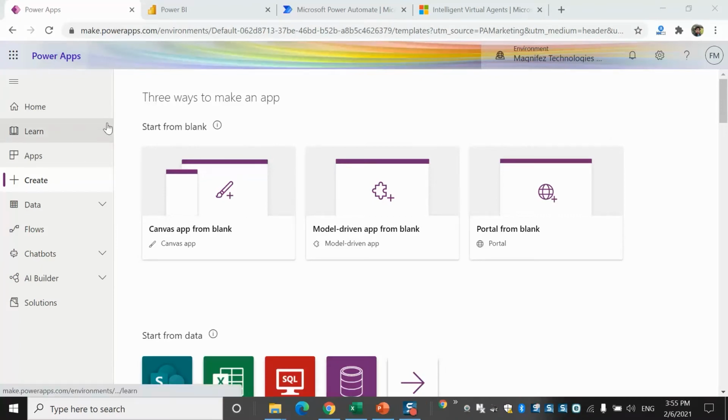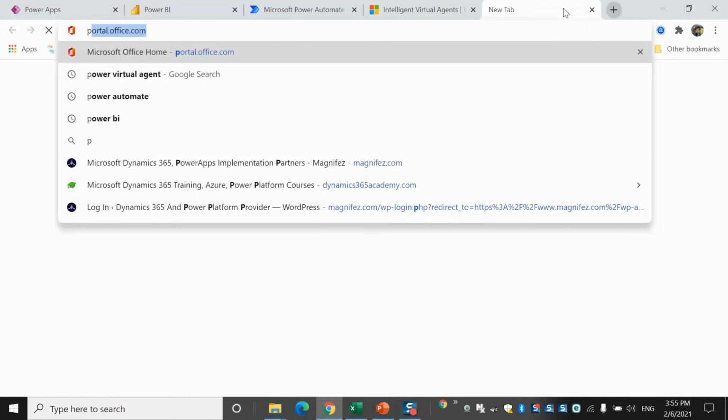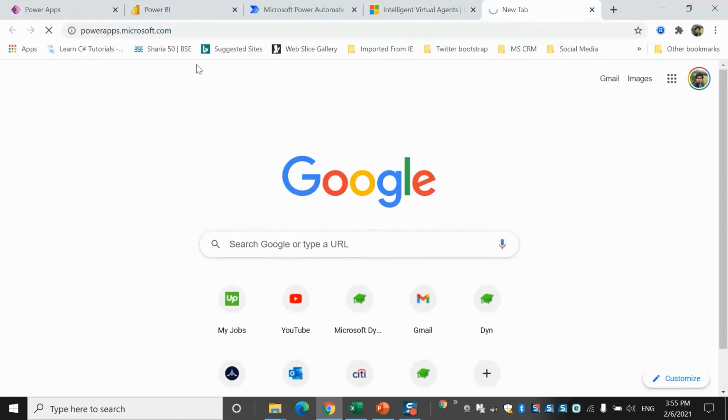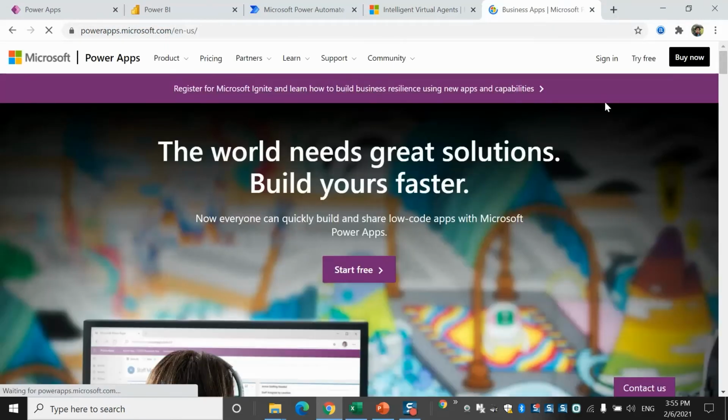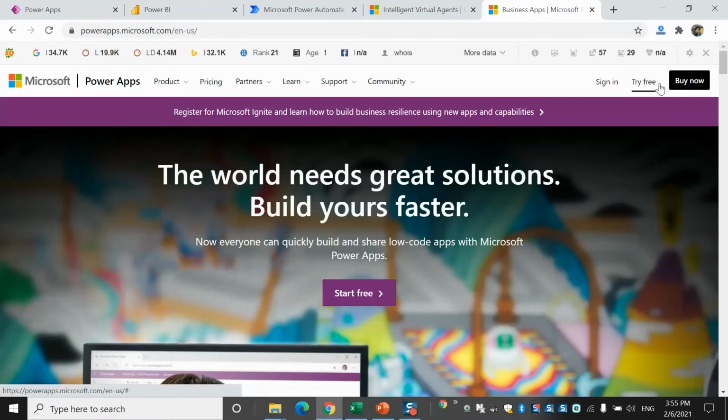Okay, so I'll just walk you through Power Apps. First, we'll have a look at what Power Apps is and how I can access Power Apps and the components of it. So here I'm in my Power Apps portal. You can access Power Apps for free for a month. I'm just utilizing my paid subscription. If you want to create a trial, you can simply log into the Power Apps portal, powerapps.microsoft.com. There you can create a trial using the try free option.